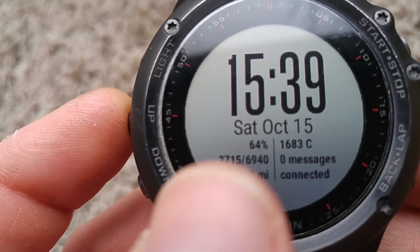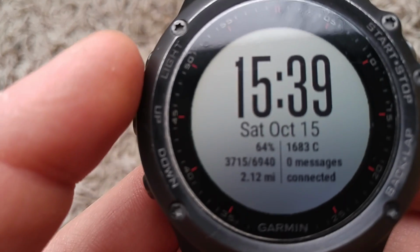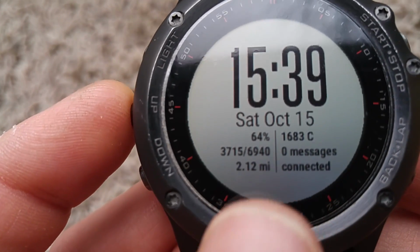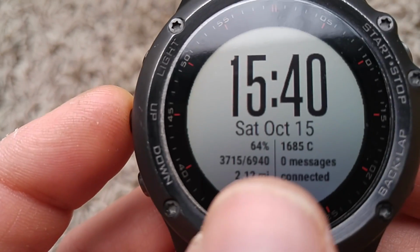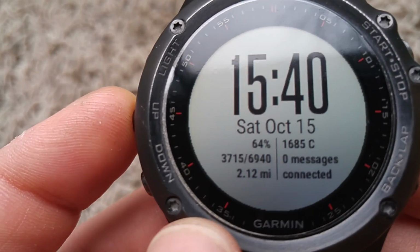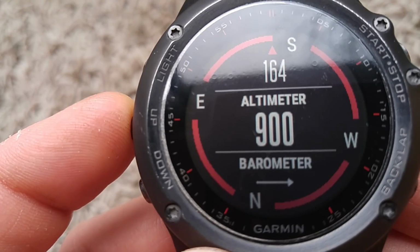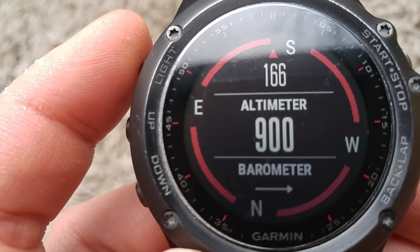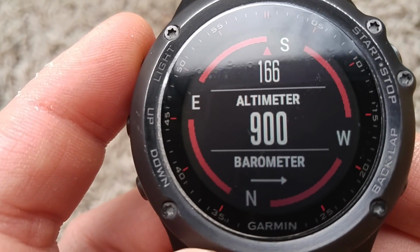Another cool tip or trick is the lock screen. The lock screen locks your watch face or the screen at whatever screen you're looking at. So, for instance, right now I'm on just the basic multi-face line setting of this particular watch face. But let's say I wanted to go up to this screen right here, the altimeter, the compass, and the barometer, the ABC one. If I wanted to just stay on this screen, if I was navigating or hiking or whatever,